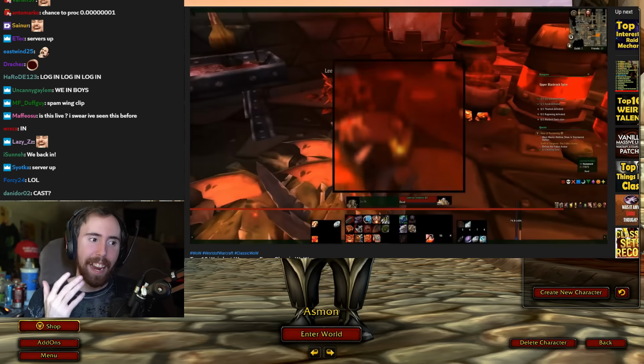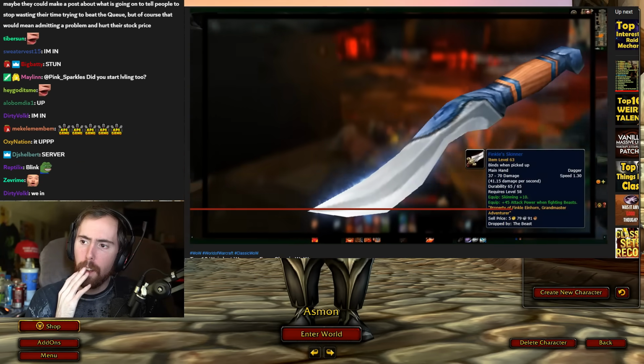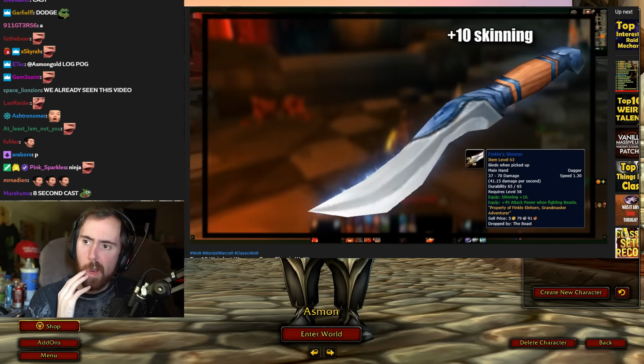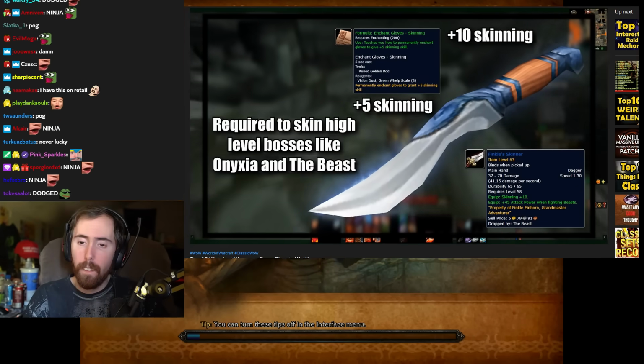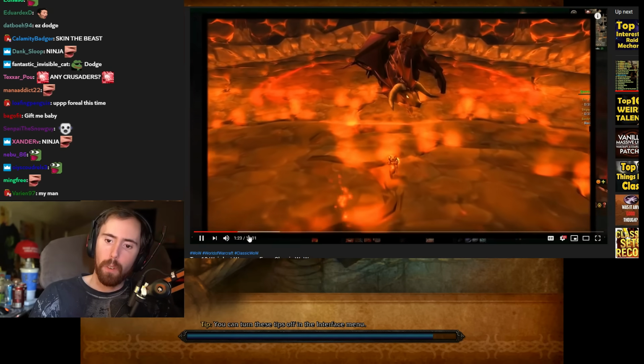At number 9, we have Finkel's Skinner. This was a dagger weapon that could be used as a skinning knife, and was the most sought-after skinning knife in the game, because it gave +10 to your skinning level, which, when combined with the +5 skinning enchant, allowed players to skin boss-level mobs. So, in order to skin Onyxia, you needed the skinning dagger